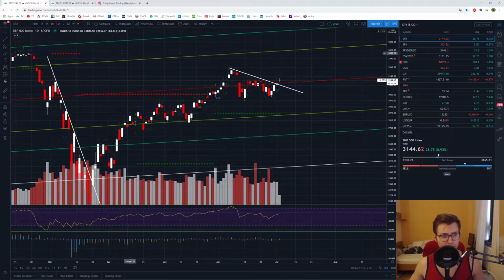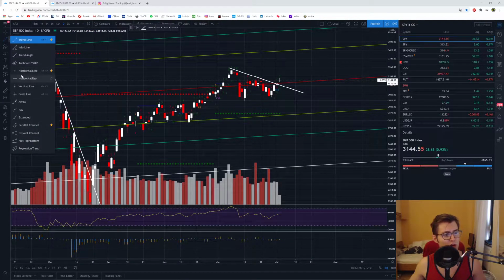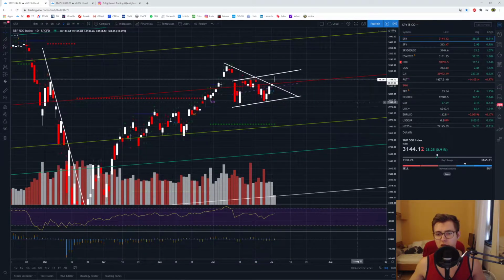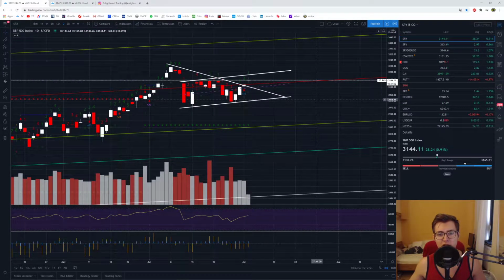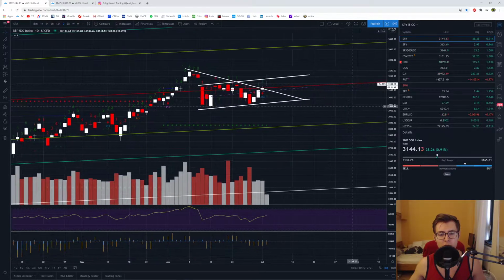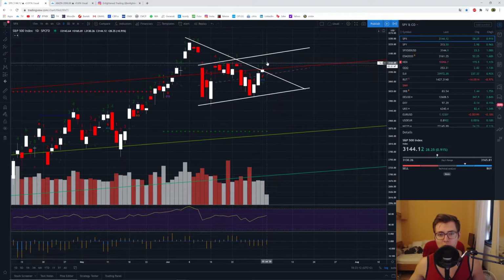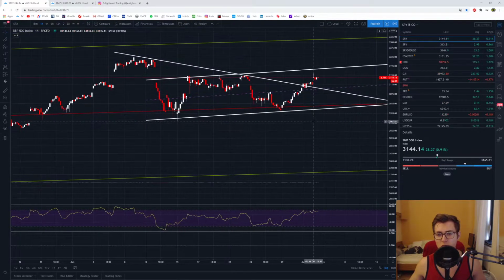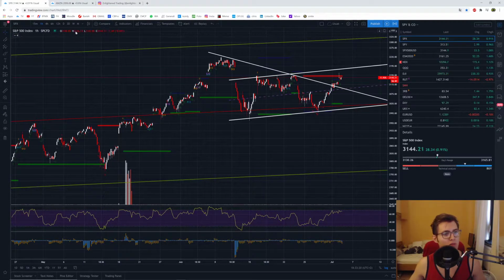Then I would look for further higher prices. But until then, there still is the second likely scenario, which could of course be a bull flag. So that is still not unlikely in my opinion. This is pretty sideways. There is a lot of room for the downside still. Of course, if we close this daily candle as we do today, this is usually a reversal candle. Since this is a doji, as you can see, we went higher here on a daily time frame, and then dropped again. But actually we are currently consolidating on 1 hour,